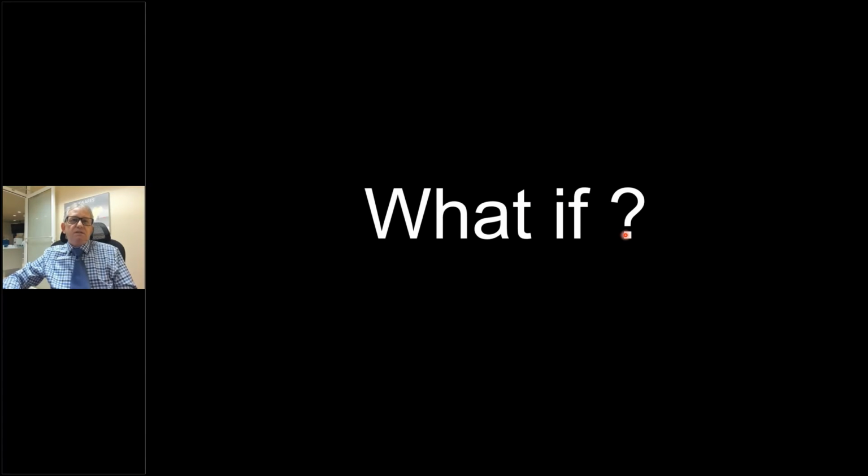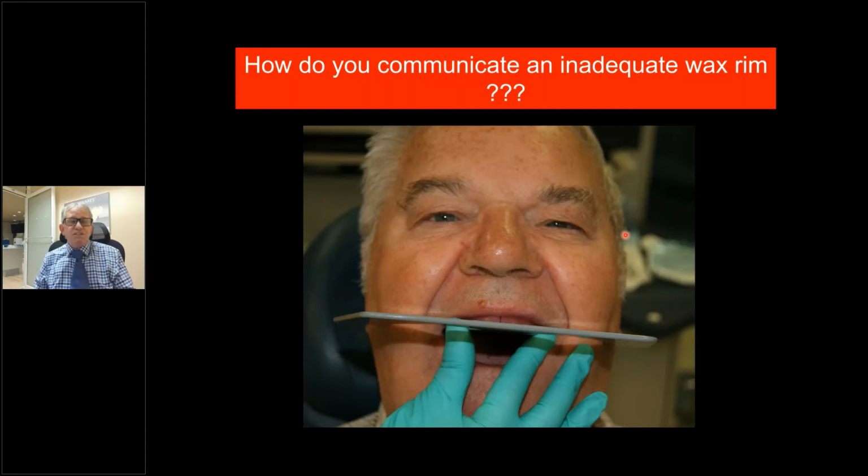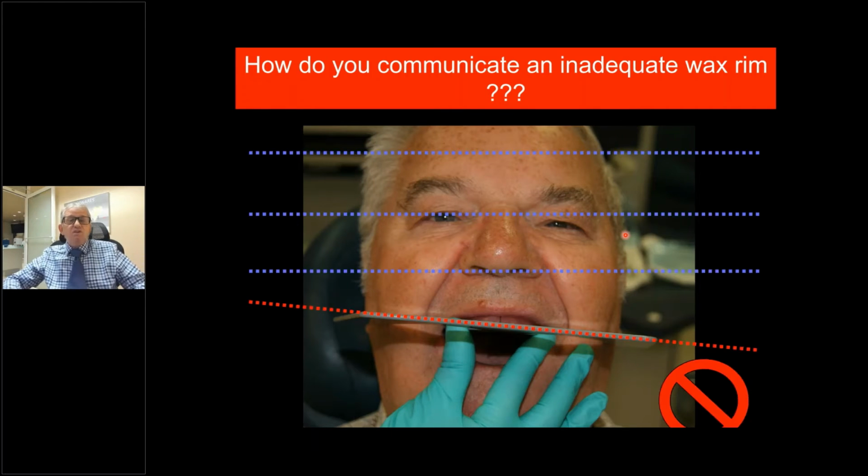What if it is leaning? You know, 90% of the time, Kelley is right on it. They're always perfect. Well, what happens if it is a little bit crooked? Well, you have two options. You can do as I was showing you a while ago. I would turn around and I would actually look. Number one, I would look to see, do I like the incisal area being a little long on this side? Or do I like the look of the occlusal rim being a little shorter on this side? You have to know which one you want to do because you either got to add to this side or you got to take away here,